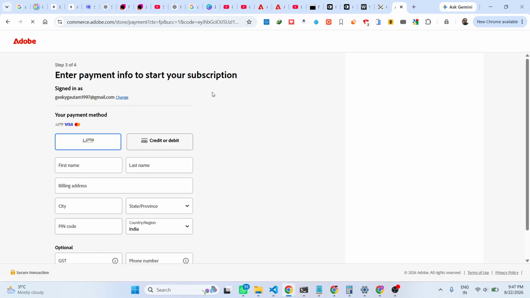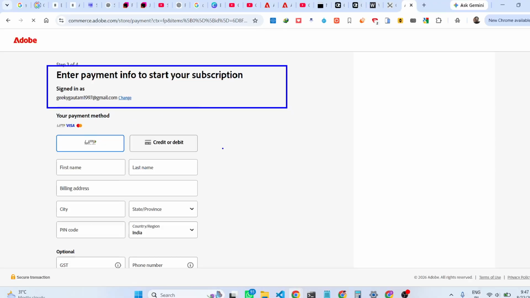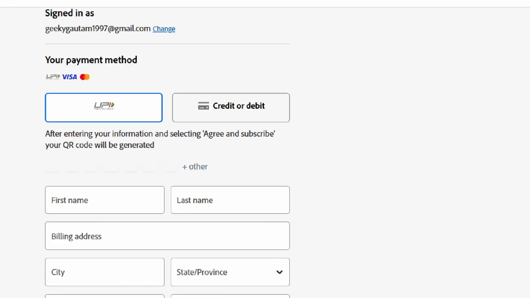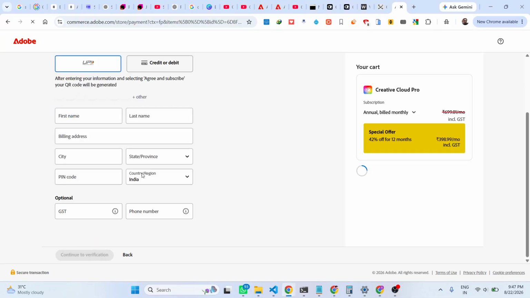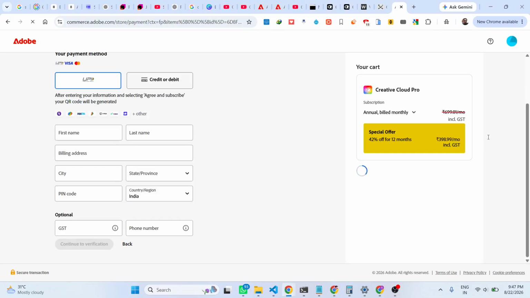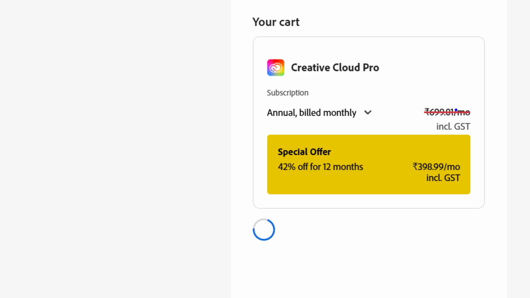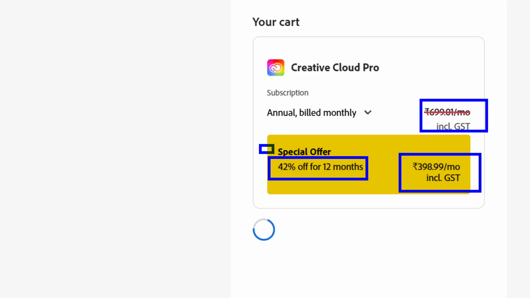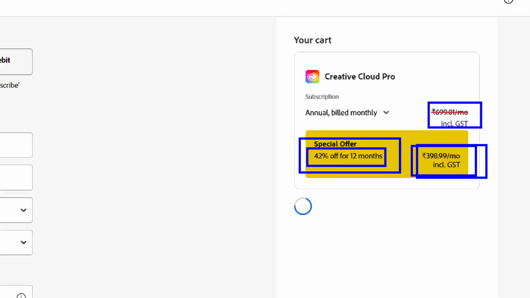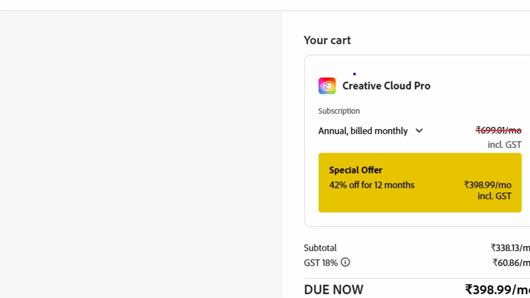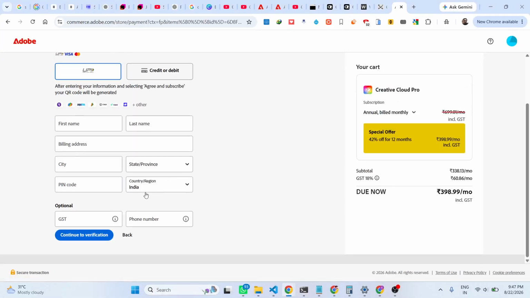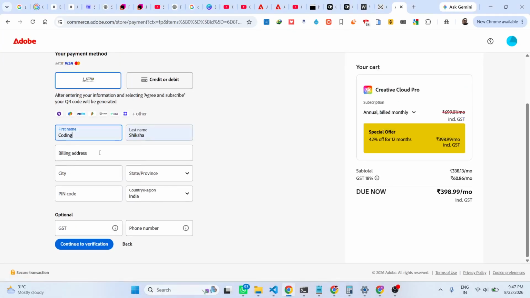you can enter payment info to start your subscription. Either you can pay through UPI or credit card. Just fill out this form. The original price is 699, but for students and teachers, they are providing this 42%, 74% discount. This is a special offer. As you see, you are saving a lot of money. Creative Cloud Pro. You just fill out this form,